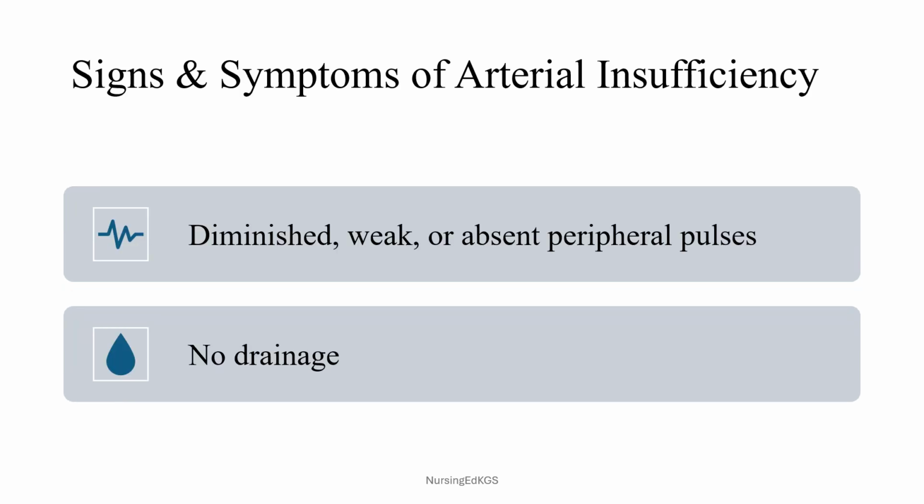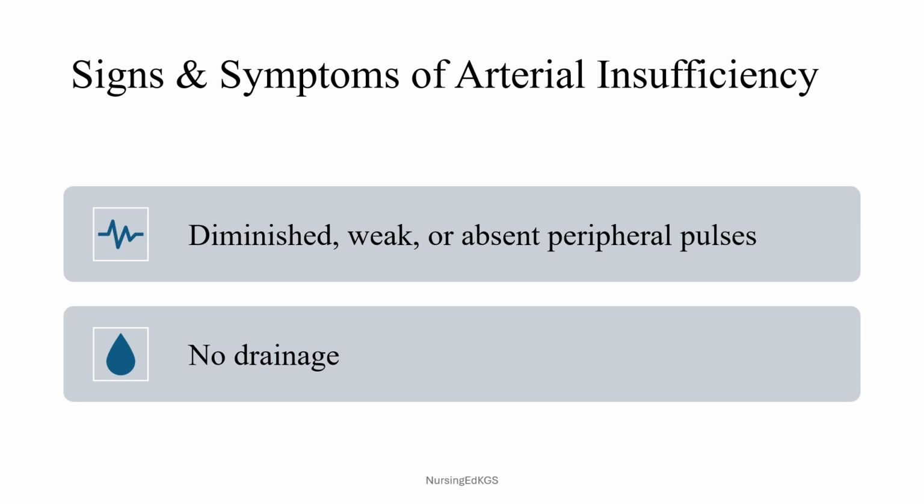So in arterial insufficiency, what you'll find is either diminished pulses, weak pulses, or in critical cases, absent peripheral pulses. There is also the absence of drainage, right? So in arterial insufficiency, there's often no drainage from the ulcers or the wounds because of the lack of adequate blood flow to the affected area. There's no drainage because there's poor blood supply